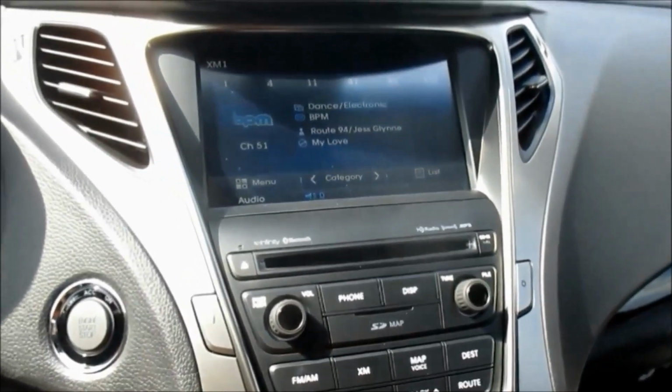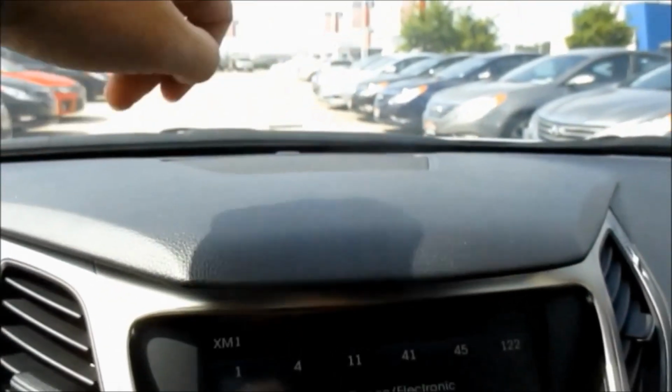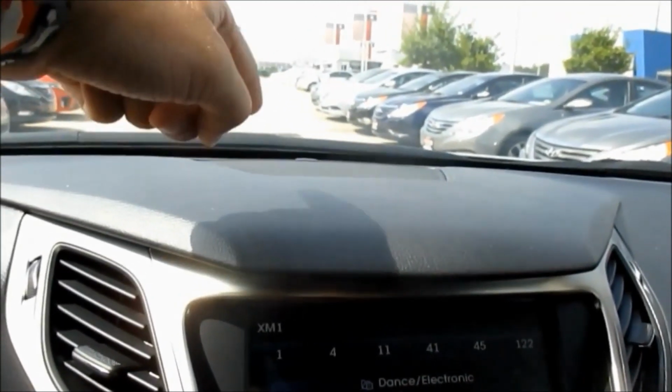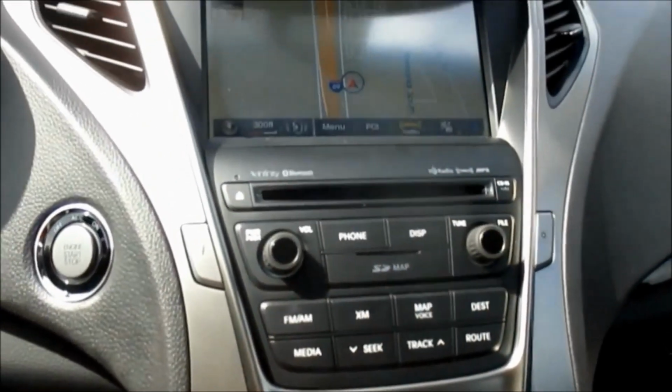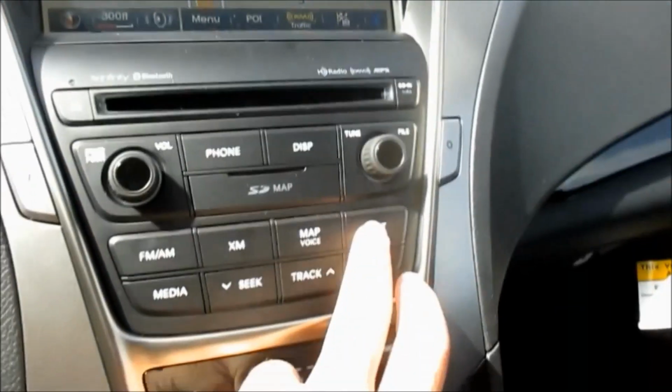Nevertheless, a very beautiful sounding stereo system, and you actually have a speaker that's located right up here at the topmost portion of the dash. And that little interior chime that you heard earlier, that's exactly where it comes from, is that upper speaker up top. Now also down here, you also have your map function, your very legible graphics and everything like that, different